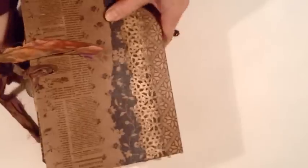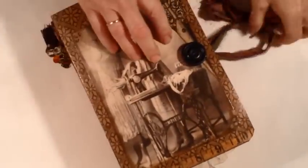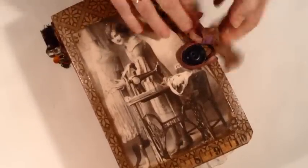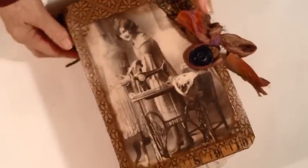So, I never really checked. I hope everyone, and this is the back. So I hope everyone could kind of see that if I wasn't blocking and making a shadow with my arm. So then you push your cover down and put your closure back on, and that is my sewing journal for the Junk Journal Junkies